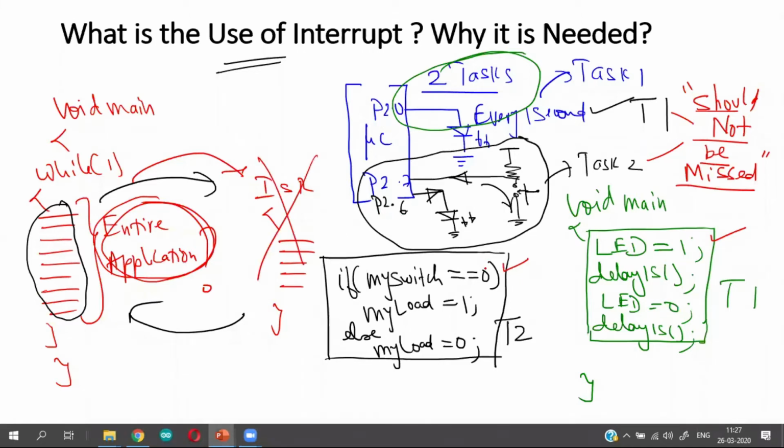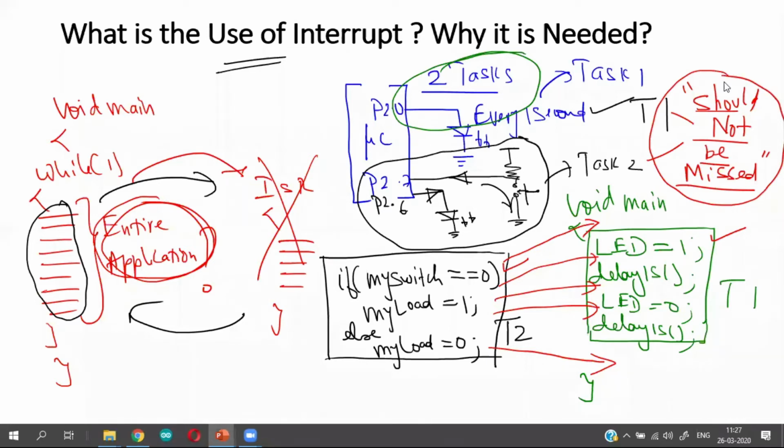I am not using any interrupt here. Now, you can put this piece of code either here at the beginning, or you can put the source code at the last, or anywhere in the middle of the operation. That is your choice. But irrespective of wherever you insert this code for task 2, do you think that this condition will be satisfied? Which condition? The microcontroller should execute both the tasks without missing any one of the two. Do you think that it will be satisfied? Certainly not, is the answer.